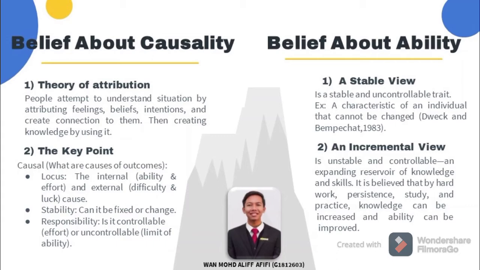As an example, Ahmad is a perfectionist, so his work will be automatically organized and he will dislike anything or anyone that may disturb his work. Second view about ability is the incremental view. In other words, it means unstable but controllable ability. Ability can be improved. In brief, if someone believes their ability can be improved, they will work toward it and then will achieve it in time.